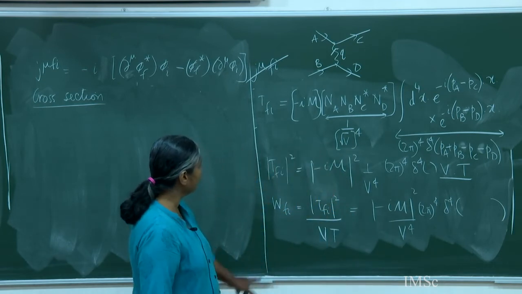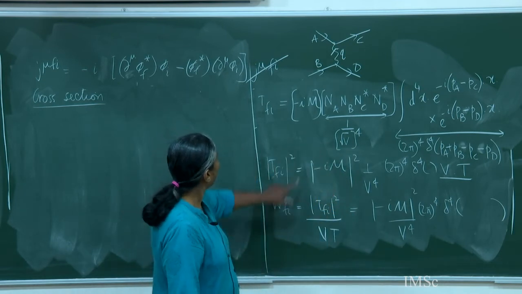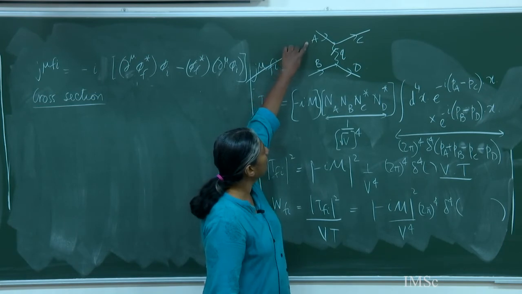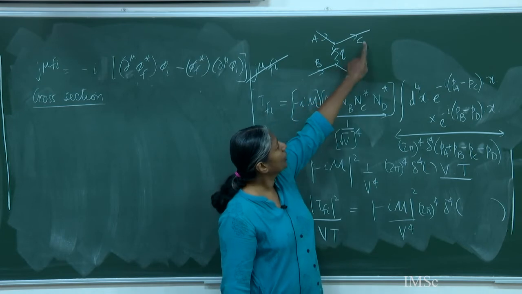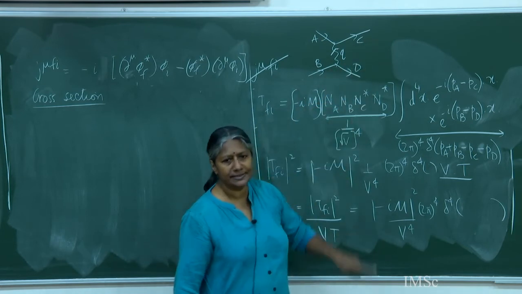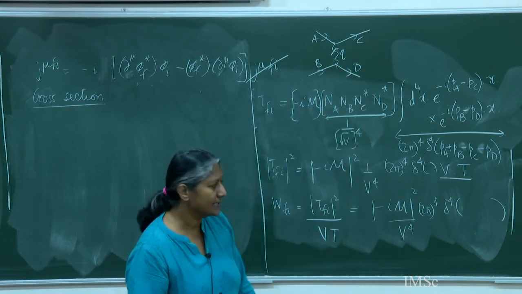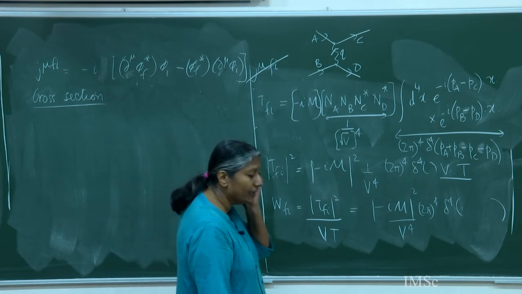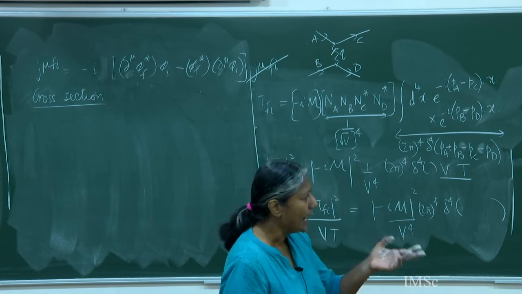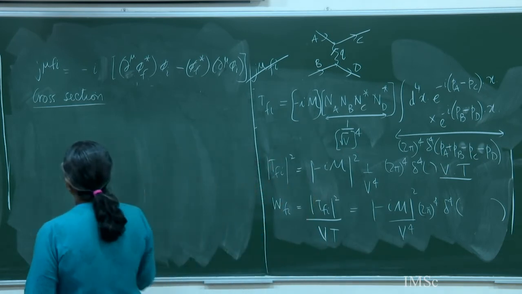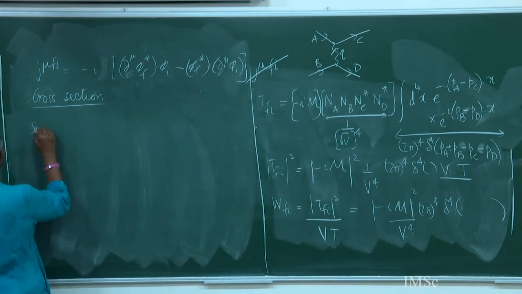What we have done is we have asked what is the transition rate of A with momentum PA and a B with momentum PB to go into states with momenta PC and PD. But these are scattering states, and exactly like we did for Fermi golden rule, there are so many states available for C and D, and therefore to get, we have to sum over